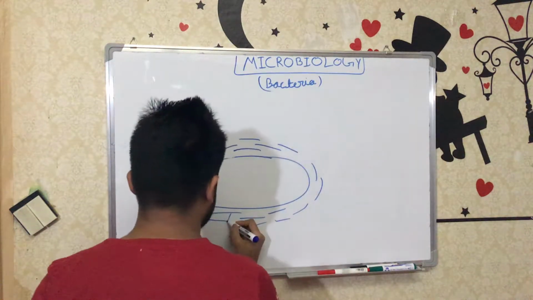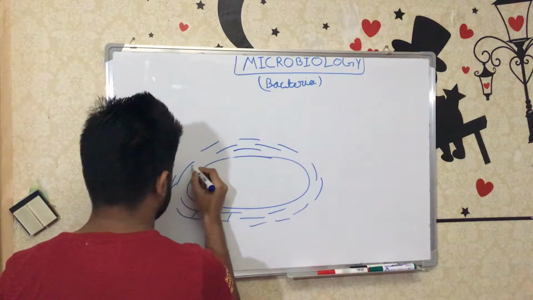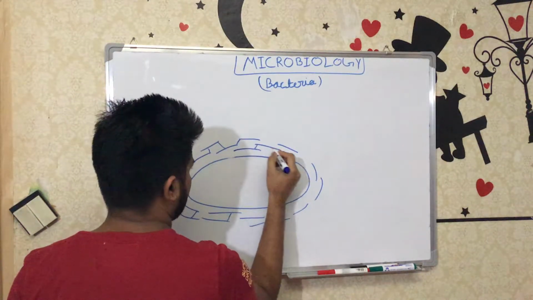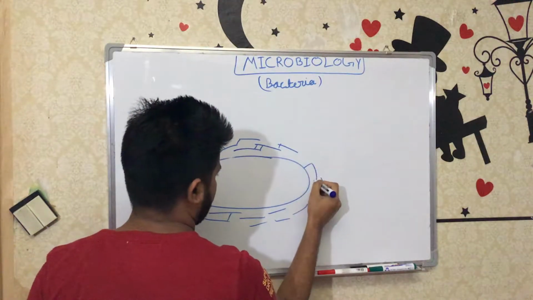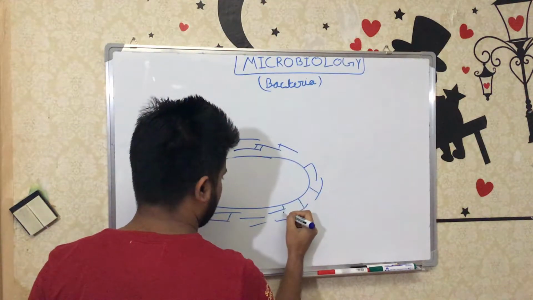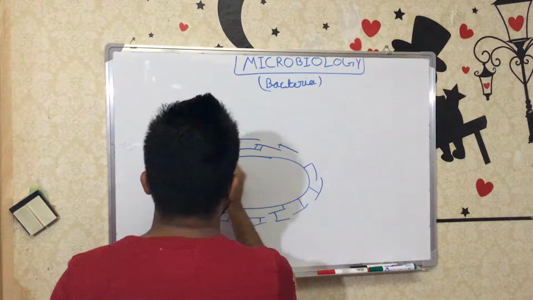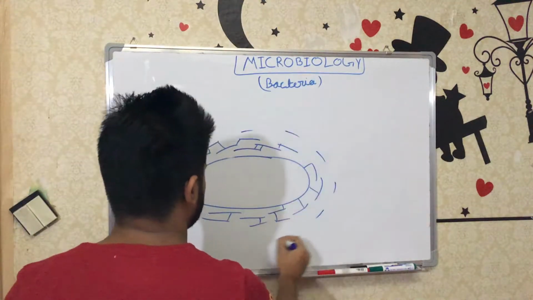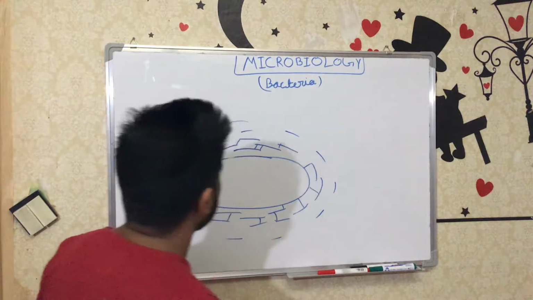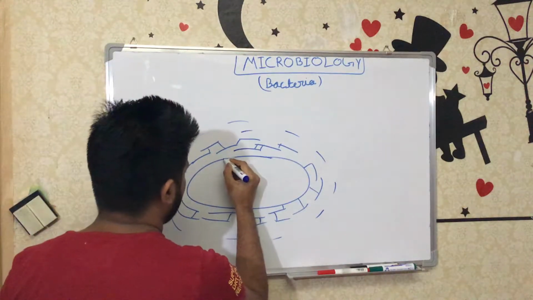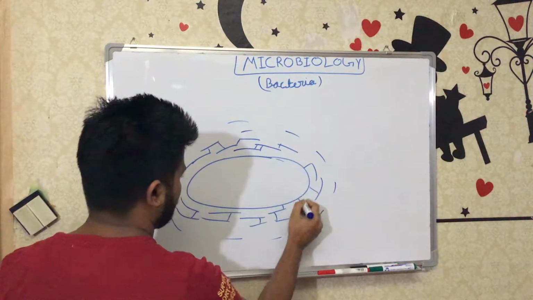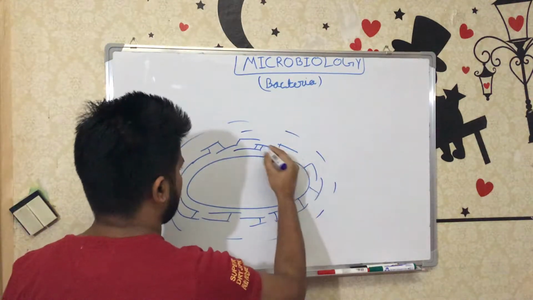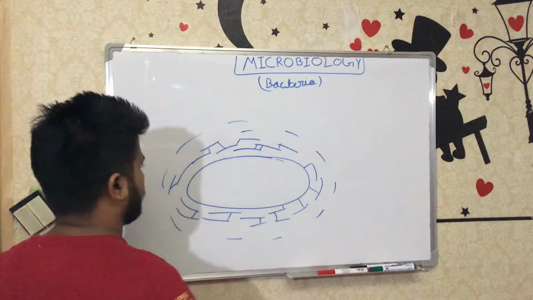And this layer is attached to each other like that. It's not a very good diagram, but you can understand. So this is the cytoplasm, this is the plasma membrane, and outside of the plasma membrane, this is the layer,